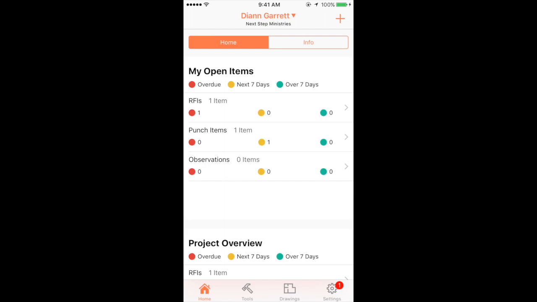Okay guys, welcome to this Procore training about the mobile platform. What I wanted to go over today is one of the most important parts. It's uploading photos. And so Procore makes this really easy to upload photos, and I'm going to show you guys